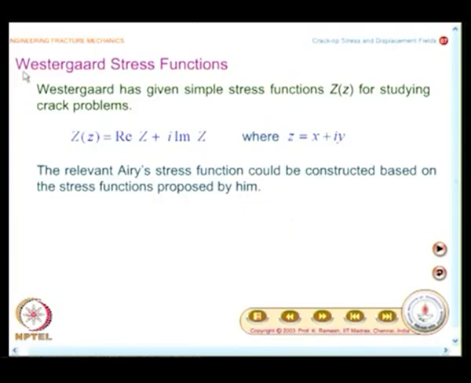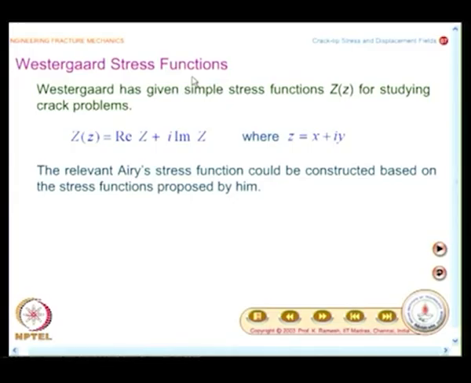So, we will look at what are Westergaard stress functions. See, the moment you take up theory of elasticity, Airy's stress functions are very popular. We had seen quite a variety of problems that have been solved by that approach, and in 1939 Westergaard published the papers on pressures and cracks in the Journal of Applied Mechanics, where he proposed a simple stress